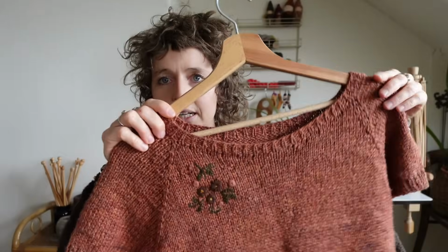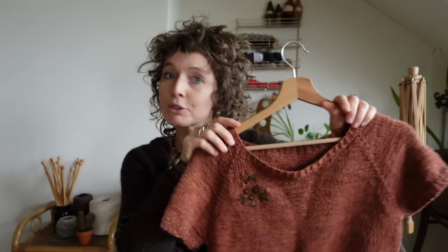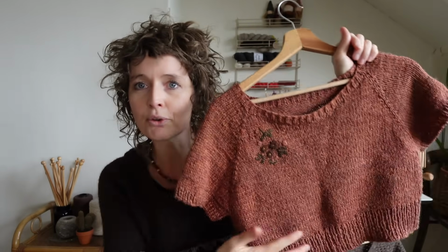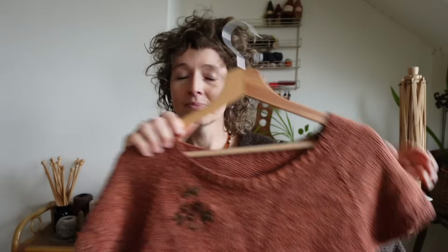For example, this one. This is the Tolsta tee by Rebecca Clow, the Creabea knitter, and I just picked it out of my box filled with summer garments, so there is a fold in it. I love this garment, the look of it, I think. It is knitted on quite a loose gauge, and for a relaxed knitter as I am, garments knitted on a loose gauge are a little bit